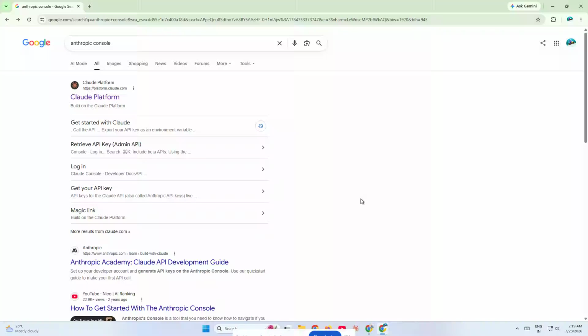Today I'm going to show you how to get your Claude API key quickly and easily using the Anthropic Console. If you're building an app, testing integrations, or just need access to Claude through the API, this is the place to start. I'll walk you through the exact steps so you can find, create, and manage your API keys without